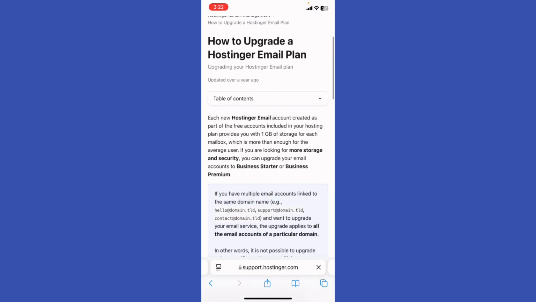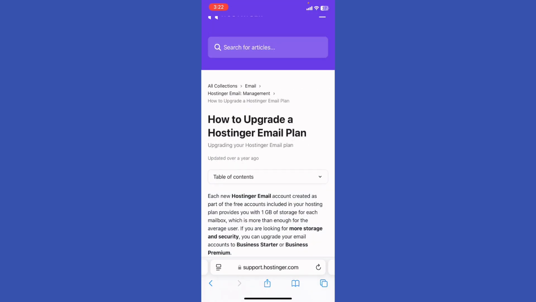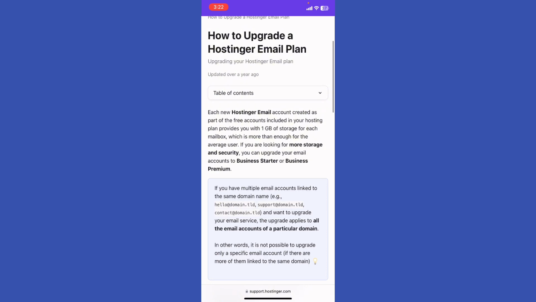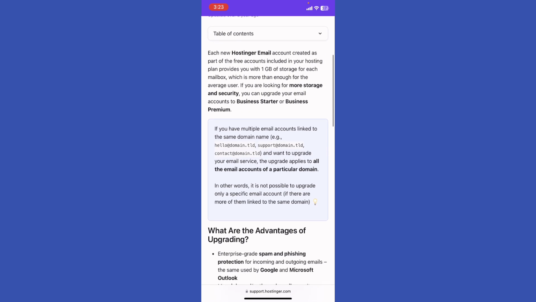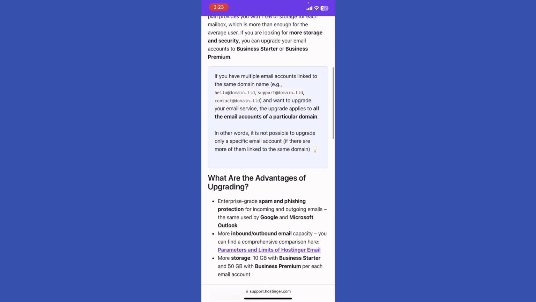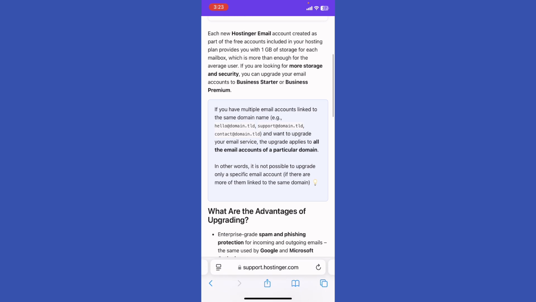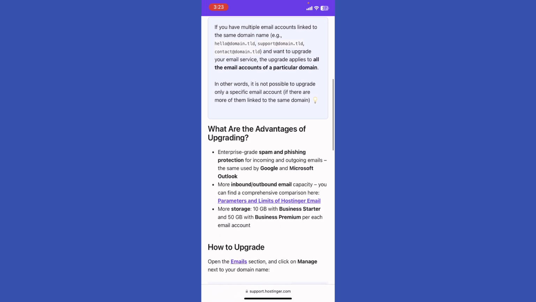Now, what we're gonna do, if you want to choose between free and premium email on Hostinger, each new Hostinger email account is created as a part of the free account included in your Hostinger plan, right? And with 1 GB storage for each mailbox, which is more than enough for the average user. Well, if you're looking for more storage and security, you can upgrade your account to Business Starter or Business Premium,